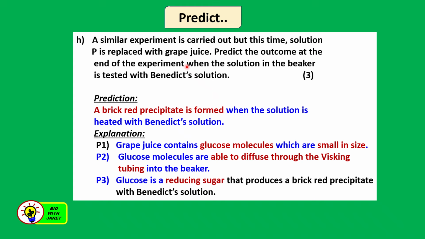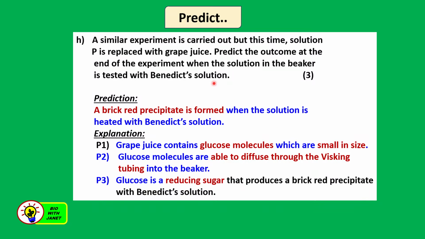After 15 minutes, what happened to the glucose molecules? They are small enough because glucose is a monosaccharide. The molecule is small enough to diffuse out into the solution in the beaker. Okay, then you test that solution in the beaker with Benedict solution by taking a sample